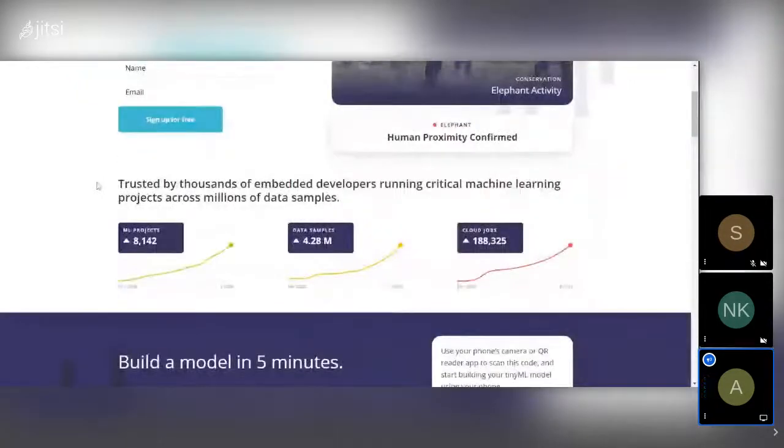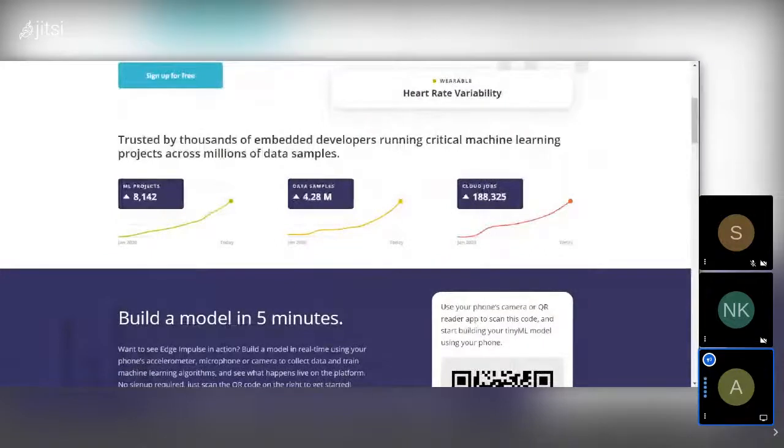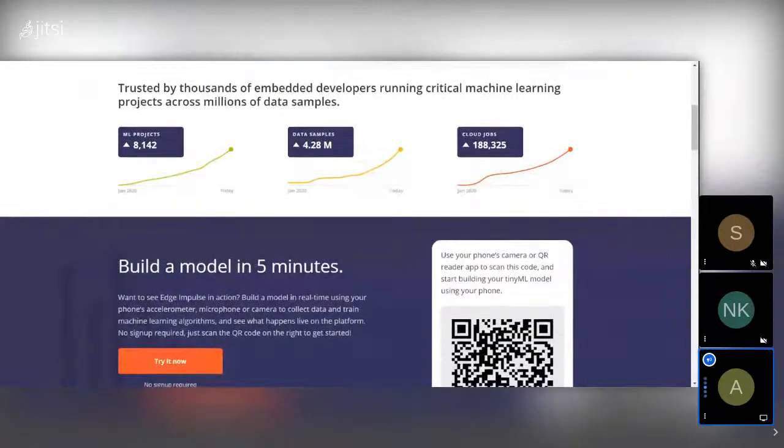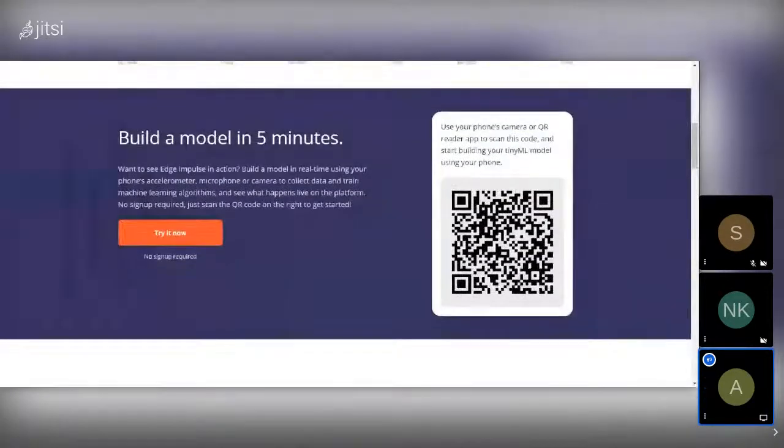These are some data which tell how many ML projects have been done in Edge Impulse as of now, the data samples collected, the cloud jobs, and other things like that. And here comes the most exciting thing.